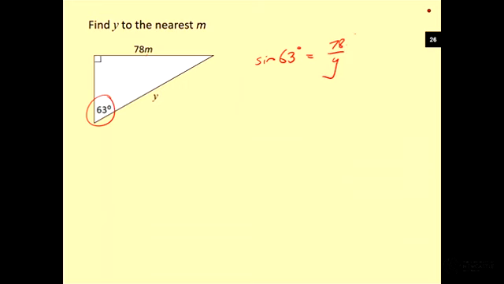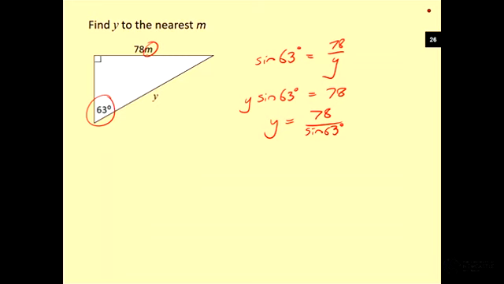Also note, I never put units in here, that just gets confusing. Putting letters in there, I just stick the letters back in at the end. Again, I can put in the middle step, if you prefer, times both sides by y, and then get rid of the sine 63. 78 over sine 63, or I could have just said, you're doing that swap thing again, and 78 divided by sine 63 is